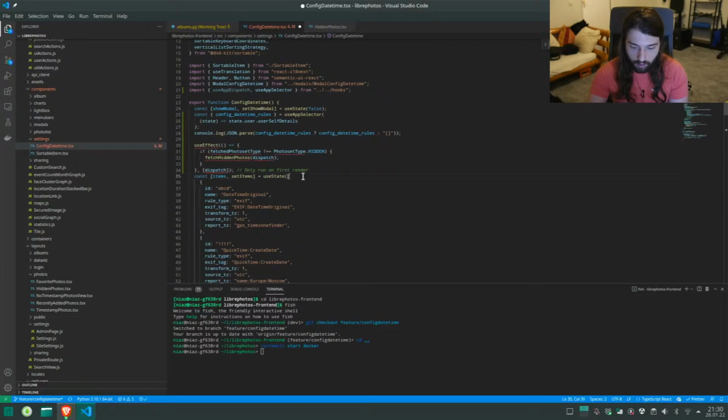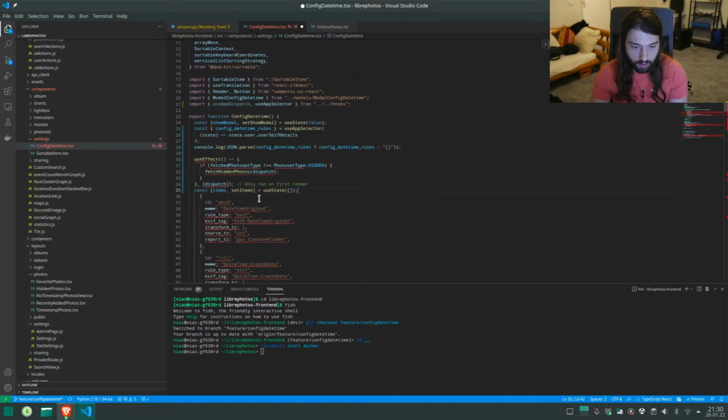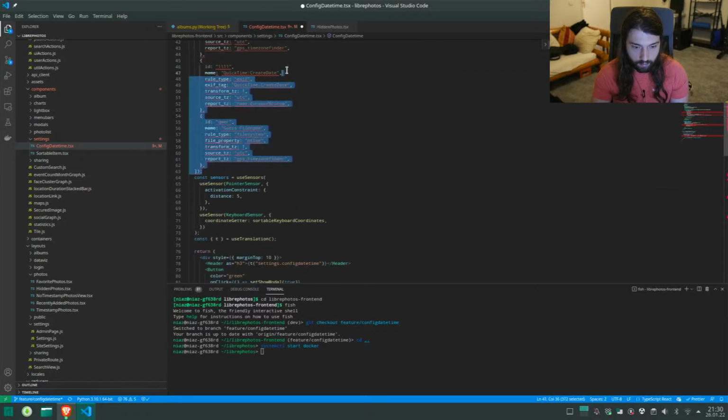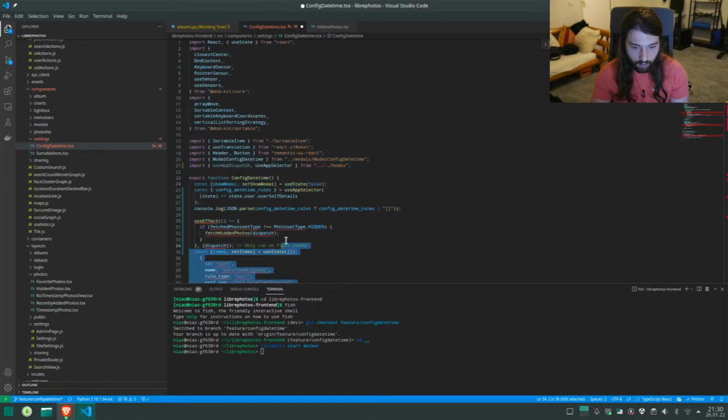And we'll just say for now, okay, you're an empty array. So that can be just a JSON. Right. And then we will use the use effect to say, hey, if you haven't passed anything yet, then